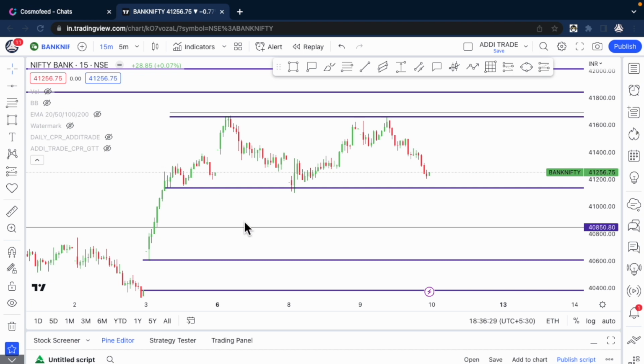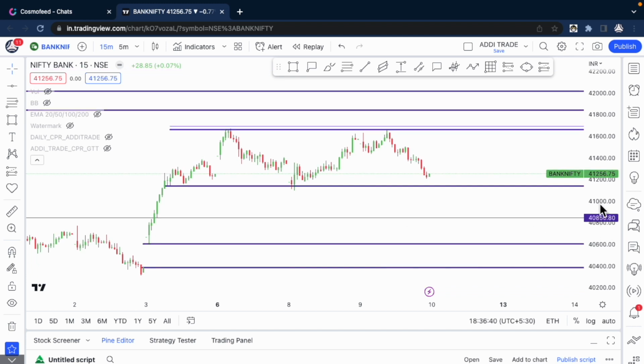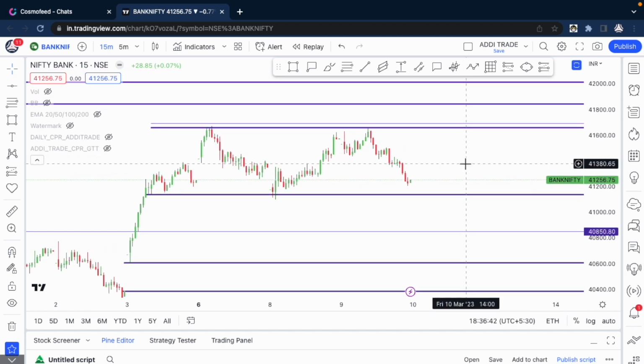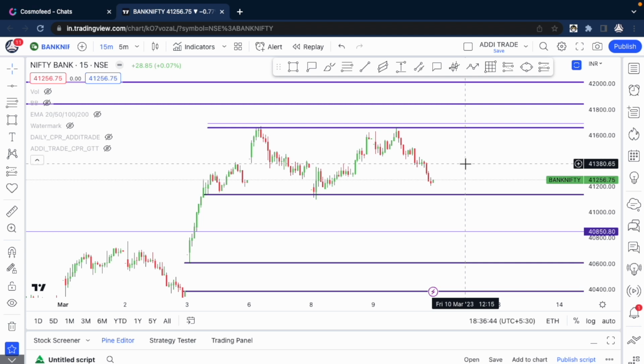Today we're going to be seeing the Nifty and Banknifty levels for 10th March. It's quite some time since I made a full-time video. I've been doing the short video as it is easier to just do it and post it. This is the 15-minute chart of Banknifty and we'll see the levels for tomorrow, 10th March, and the overall market view, what